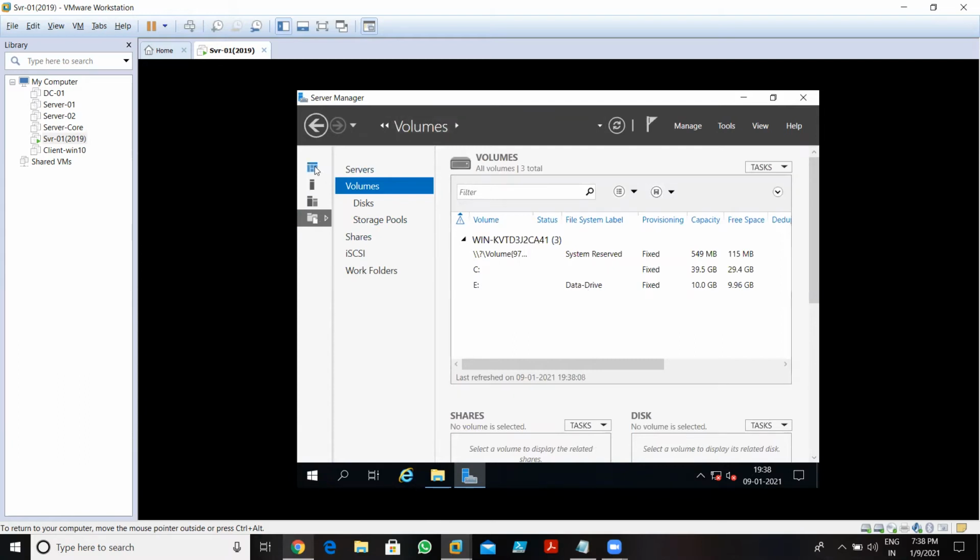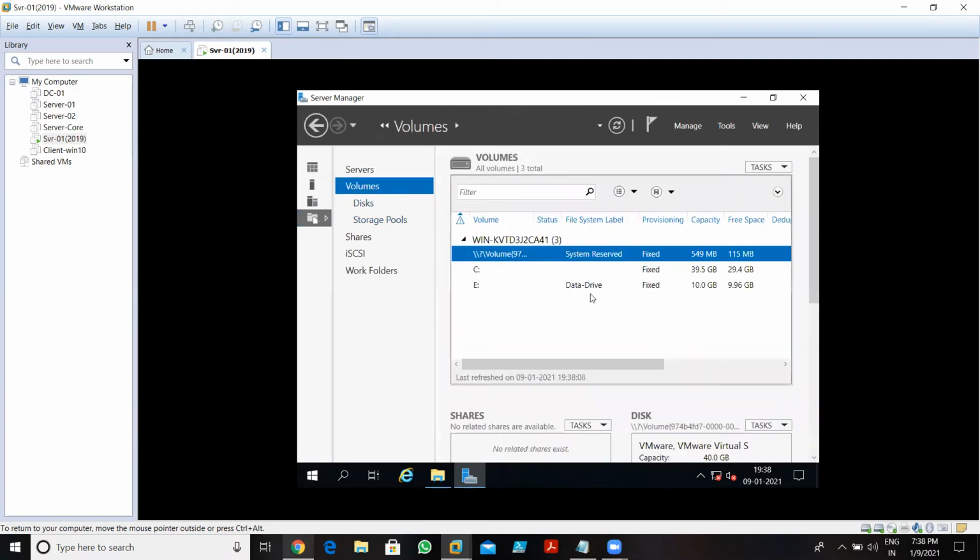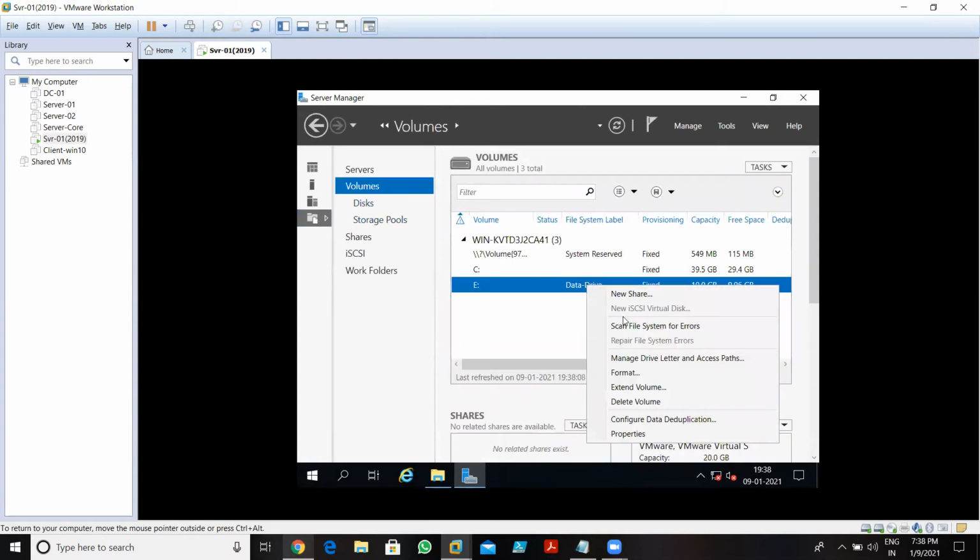So you need to open Server Manager first and then go to File and Storage Services. Over there we have the Volumes option, then right click on your drive and we have the option Configure Data Deduplication. Just click on this.